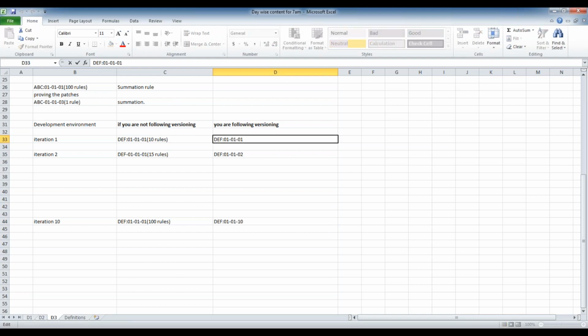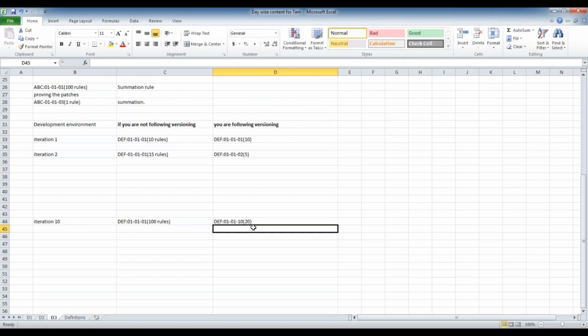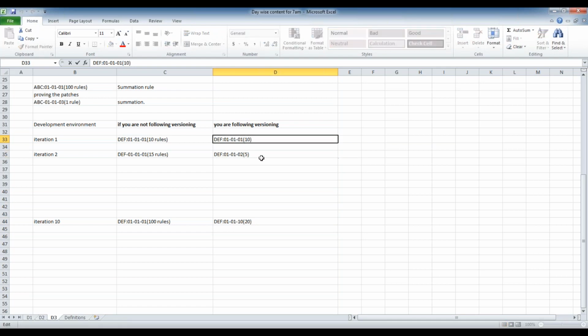On each version, I can easily identify how many rules I am creating. Each version gives me the count of the rules.